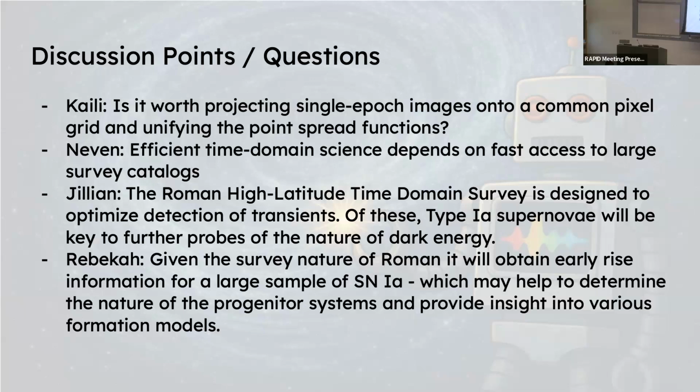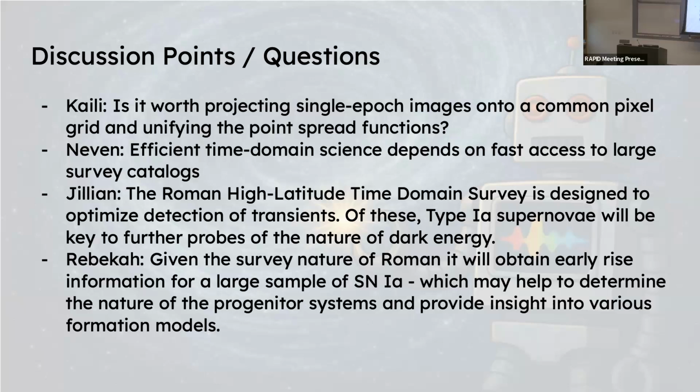That's really interesting. One of the reasons I bring it up is because I'm also biased and I work on TESS, and TESS has been used to get early light curve information. There's been a lot of work done by Michael Fausch on this area. So I kind of jumped on this because we will get these beautiful early rise light curves of not just supernovae, but other objects as well. And what can we learn about the physics of these objects through that? So no, but that seems like a really interesting science thing.